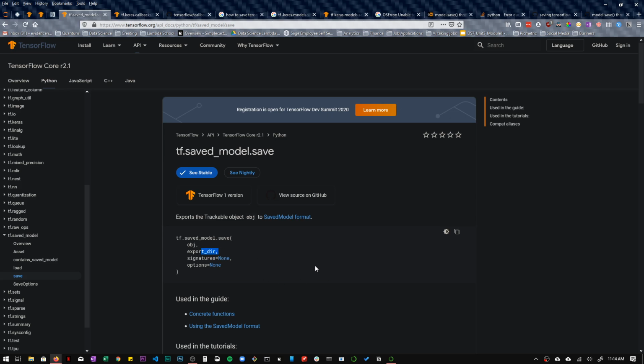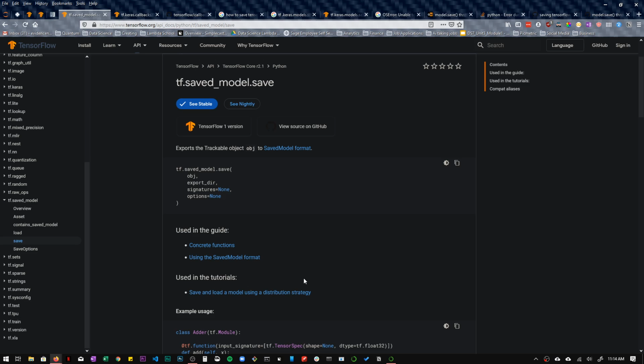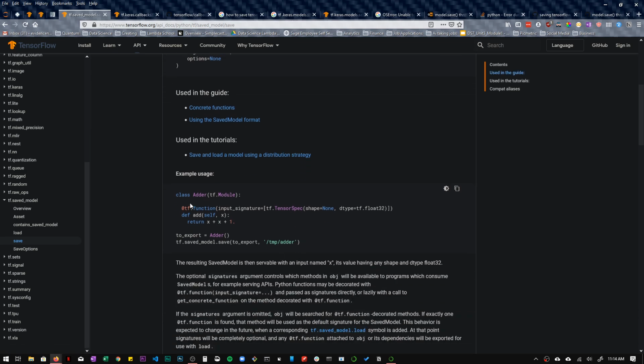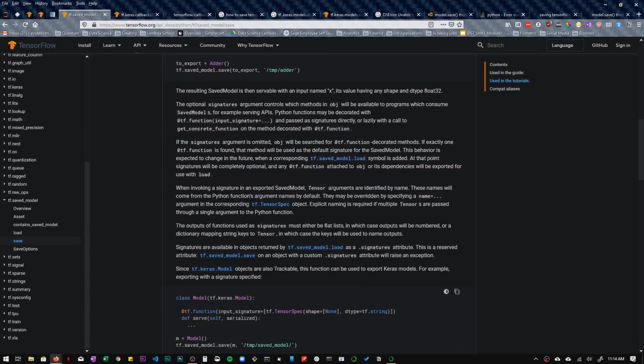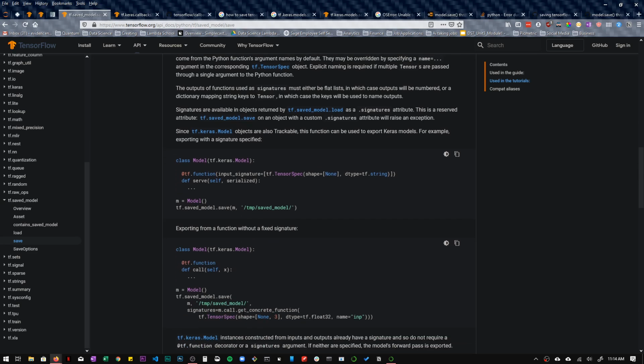This is supposed to be the export directory. Example usage. Okay. M is equal to the model.